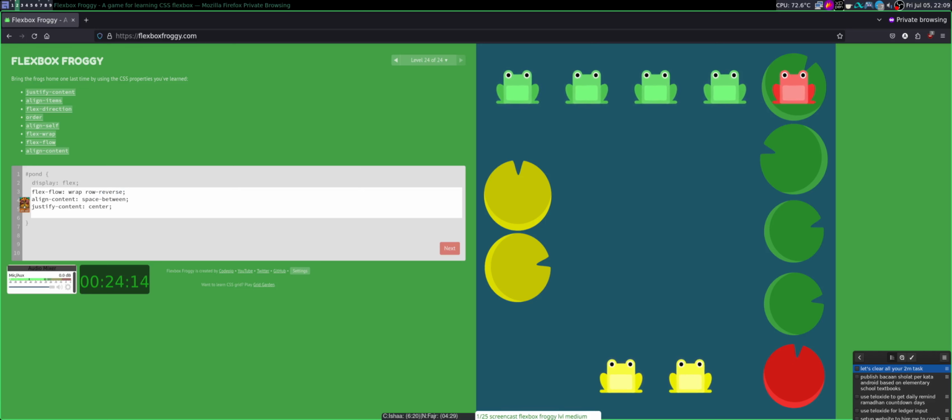If I'm using order, I don't think so, because this is not an individual item. This is the whole thing. We are selecting the entire div. Okay, let's select the one. Justify content is obviously center. Flag direction and flag wrap. This is obviously column.